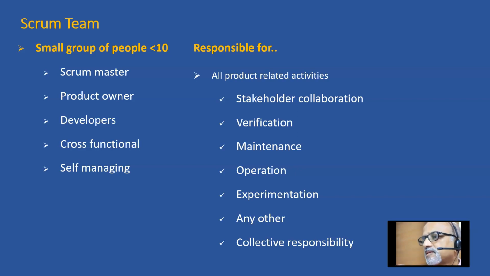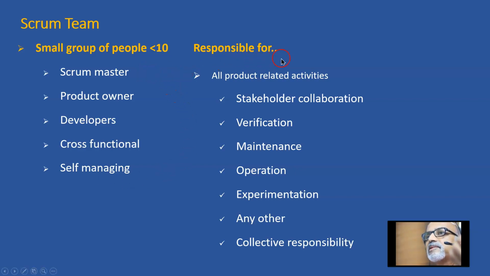So it is a cross-functional team, but there is only one designation, that is you are a team member within a Scrum team. It is a cross-functional team because we don't create departments within the team. We don't create sub-teams within the team, because the team size itself is only 10, so it is just one team. And self-managing means it is a self-organizing team. The team decides how to do the work. Nobody is going to tell them how to do it. The team themselves decide how to do their work.